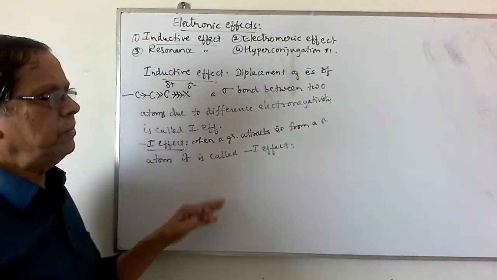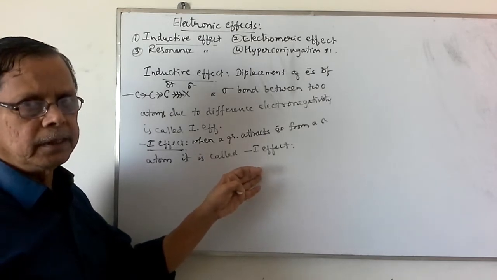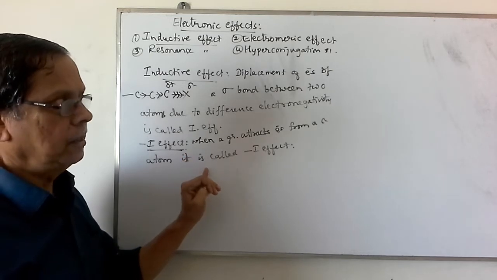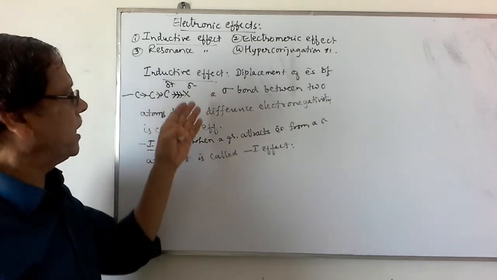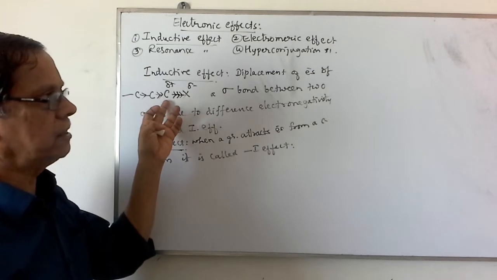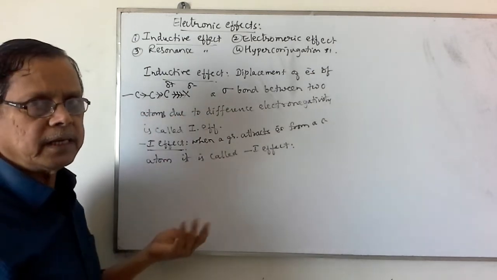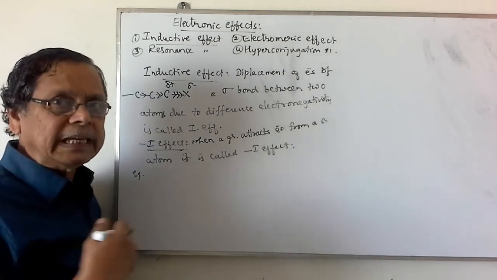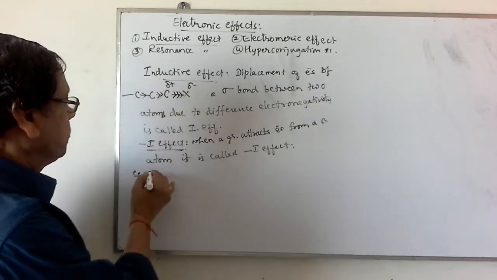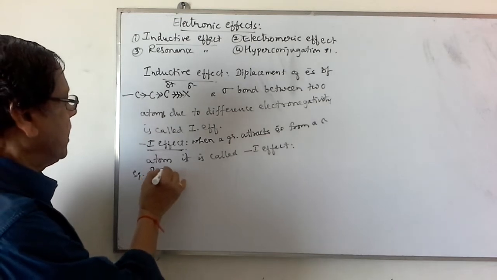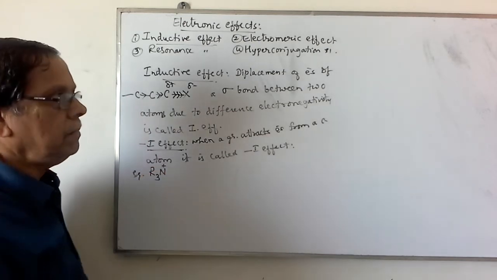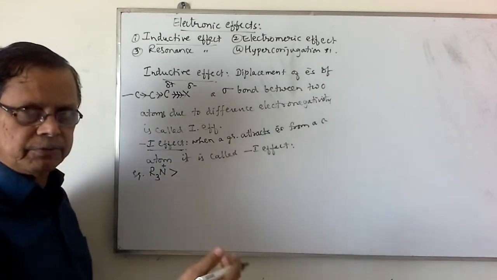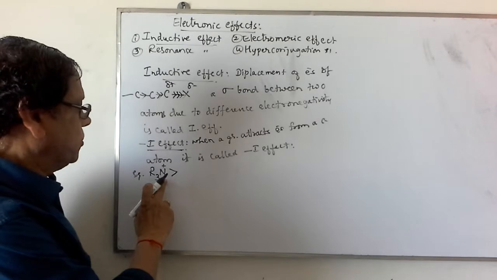There are so many groups which can attract the electrons from the carbon atom. That's why all such groups are named as the minus I groups. And the effect that is actually carrying the negative charge on this and positive charge on the carbon atom is called as the minus I effect. For example, I will write these in the decreasing order of their effects. Suppose you consider this tertiary alkyl ammonium ion R3N+. It is more negative inductive, that is, it will attract the electron because of the positive charge on the nitrogen atom,